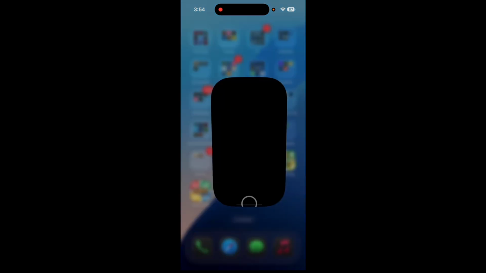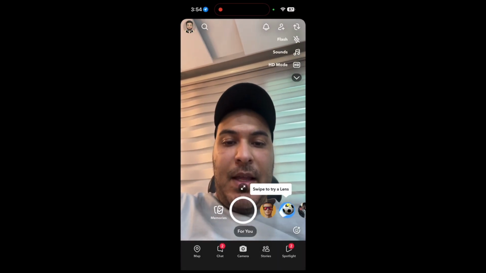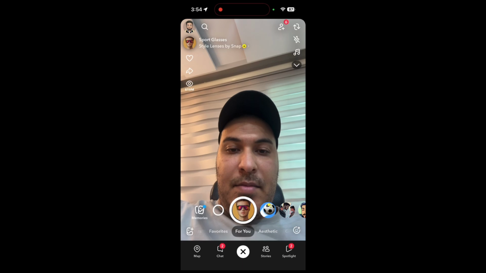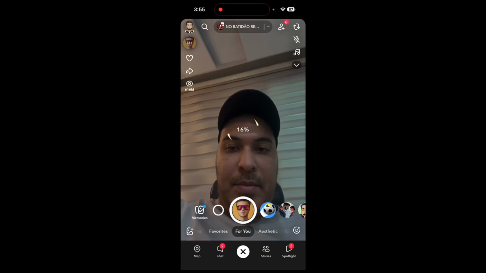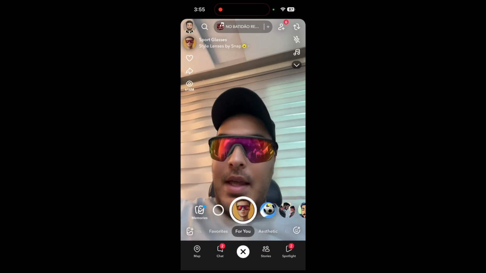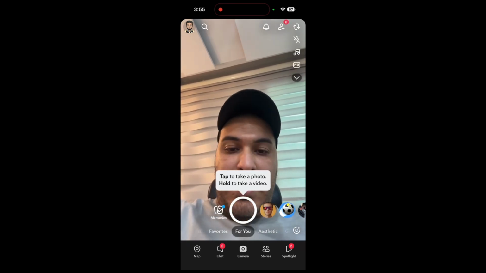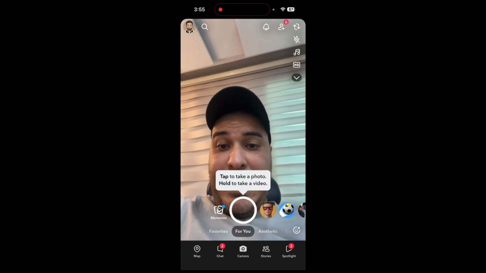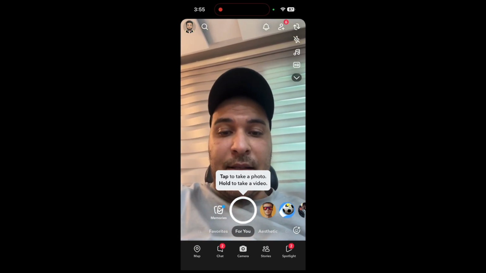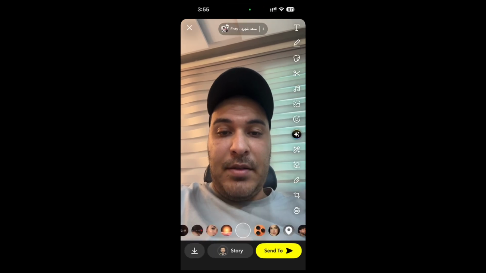You have just to go to Snapchat app, open it, and after that, as you can see, you have multiple filters that you can use on Snapchat app. And if you like any one of those filters, or you can just click on that white circle, and like that you take already a photo, and you